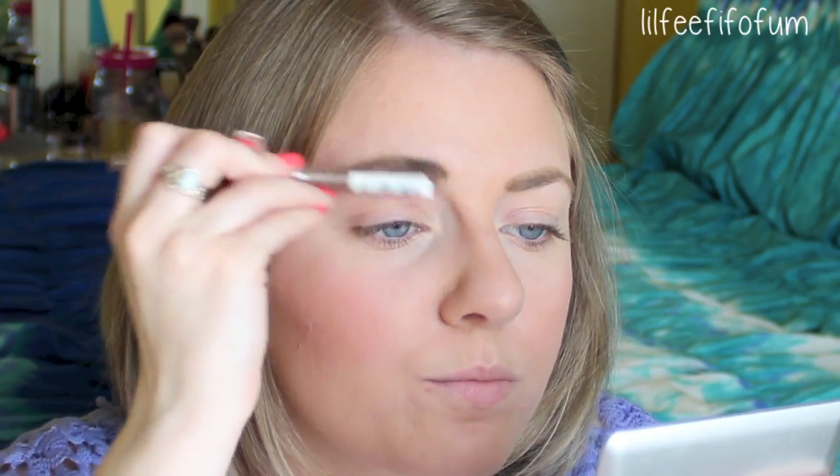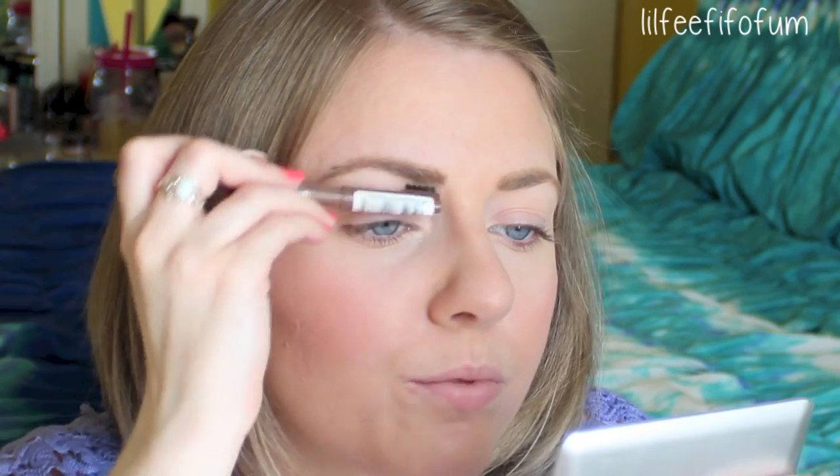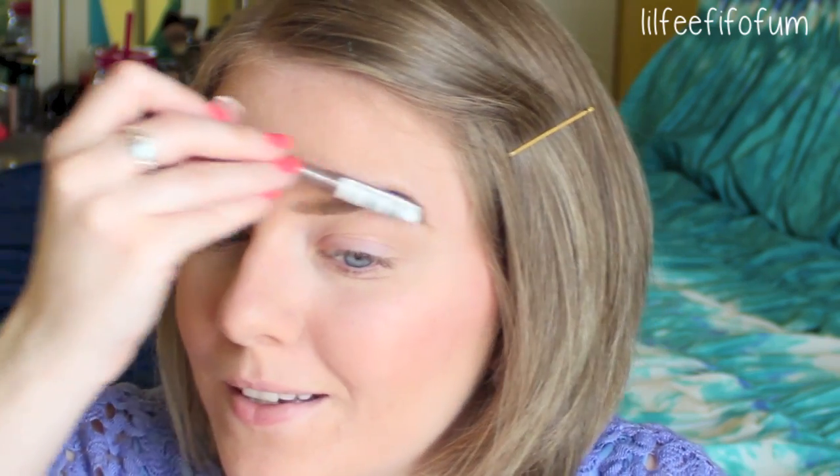For eyebrows, I'm going to fill them in today with this Essence Eyebrow Designer in 04 Blonde, and it has a little tiny brush so you can brush out your eyebrows, and then it's just a pencil and you can just fill your eyebrows in with it, and it's a really nice color if you do have blonde hair, and it's about $2 or $3 from Ulta. And then I'm just going to brush my eyebrows out with the brush again, just to make sure that they are very soft and it doesn't look like I just drew on my eyebrows,